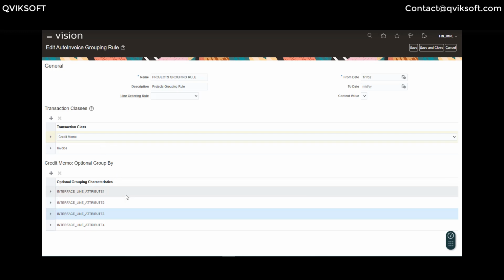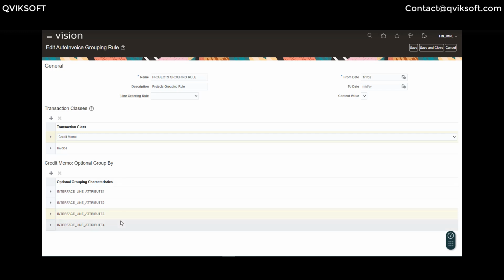But the important thing to know is, when the invoice gets imported, there is a process to update the invoice number back in the projects module. Whether that process has any impact if I make this change or not, you have to verify. Either you try the change yourself and test whether the process works end-to-end, or if not, you may have to raise an SR and confirm with them. I'll show you an example of that.